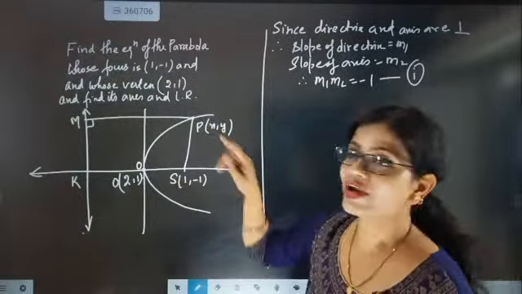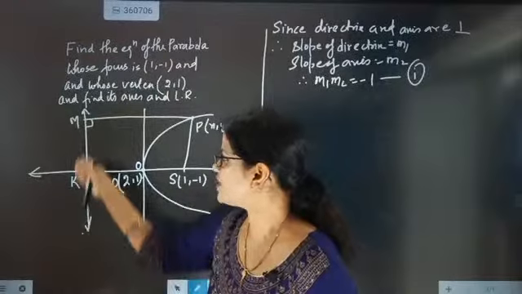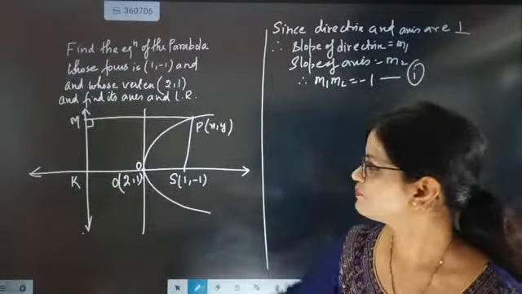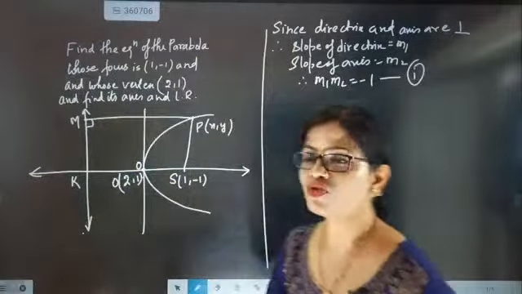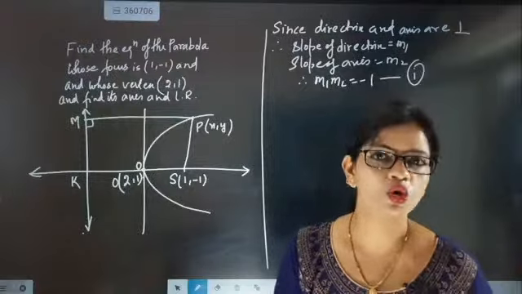You have this point. Only the equation of the directrix, meaning you have to get the equation of the directrix. That is the equation of this line. Which line? The directrix line. Fine. Only this work you have to do. So for that, now we have to get the slope of the axis. How to get the slope of the axis?